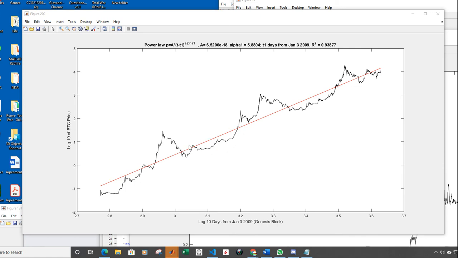These are phenomena that most mathematicians and physicists are trained to see. Now, of course, it's not a perfect line. There are these huge, big oscillations. The price can deviate a lot. So this red line is one of these mathematical methods that I use. It's a regression. You calculate what is called the best fitting line. It's basically a line that minimizes the distance of each single point from the line. There's a mathematical procedure to calculate that, and that procedure also gives you a quantity